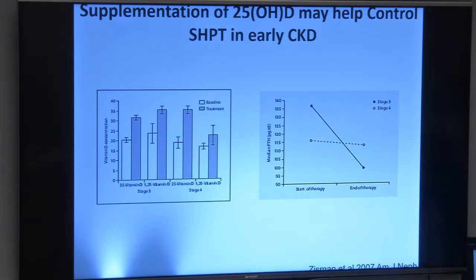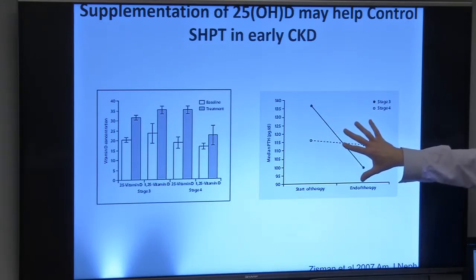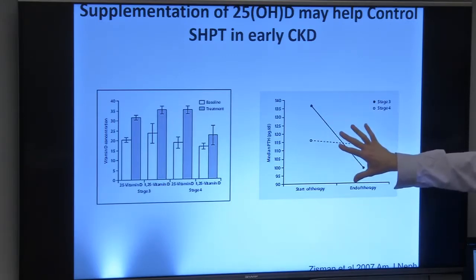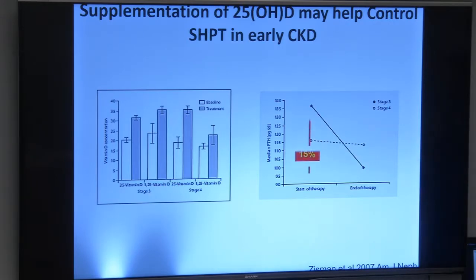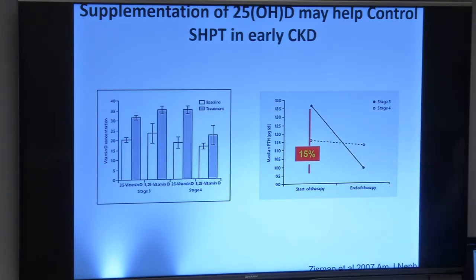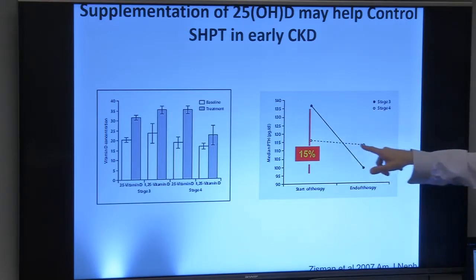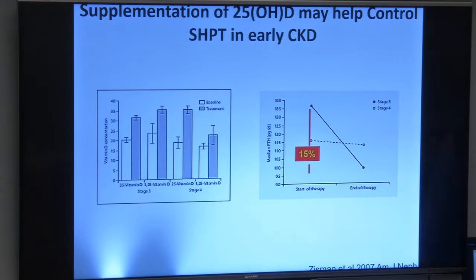This figure here shows you the clinical outcome. So for patients here who got 25D, okay, so they got nutritional D, they got D3. What it shows is that for patients who had stage 3, so that they had a GFR between 30 and 60, the PTH level came down by 15% pre and post treatment, okay? In the CKD stage 4 patients who received D3, there was no change in the PTH level pre and post